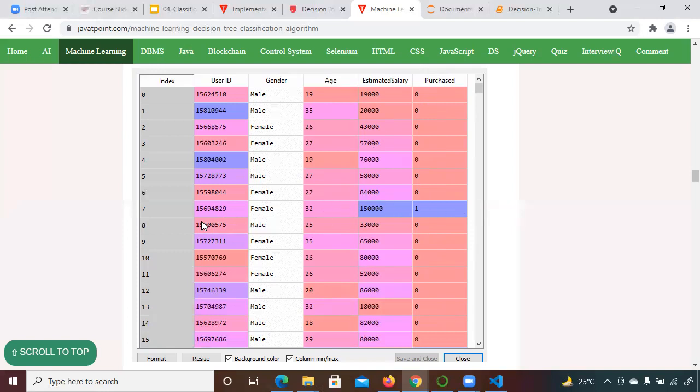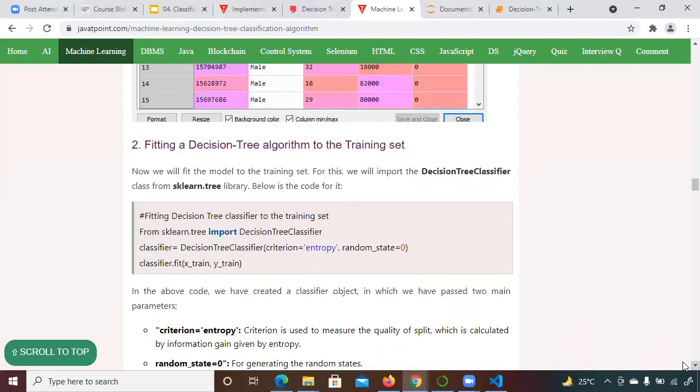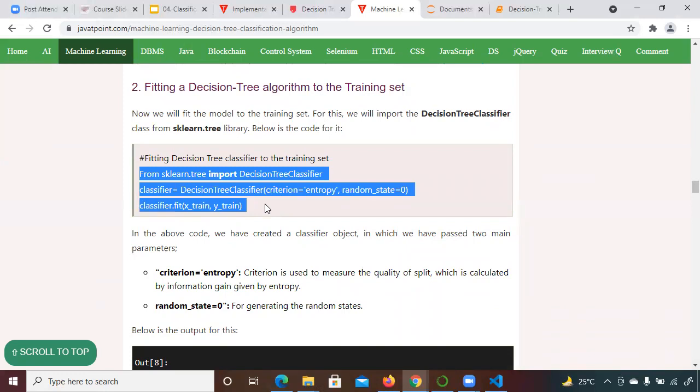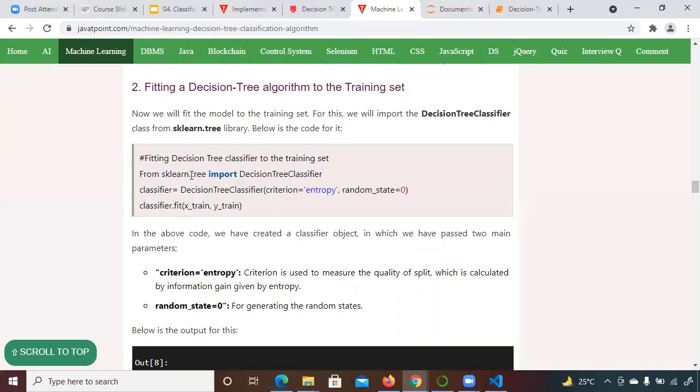Now we're going to write an algorithm. I'm using the Titanic data set. As I said, from sklearn.tree import DecisionTreeClassifier. You just have to import the algorithm into your code. Importing DecisionTreeClassifier means that from this library, I'm importing the algorithm into my code. And what criterion will I use to split the node? You can see I pass criterion equal to entropy.